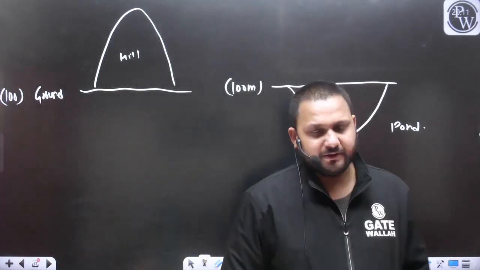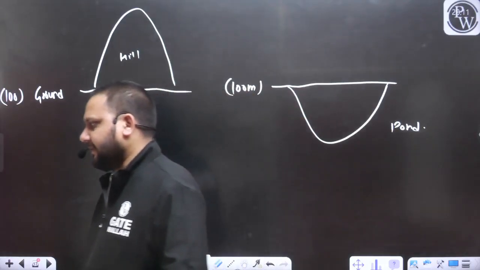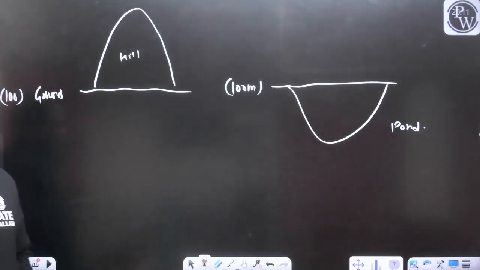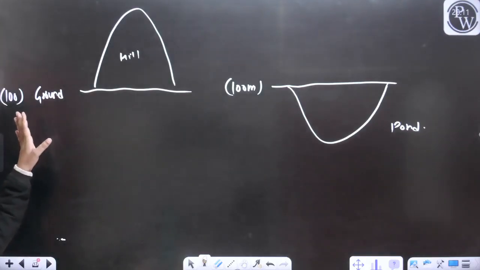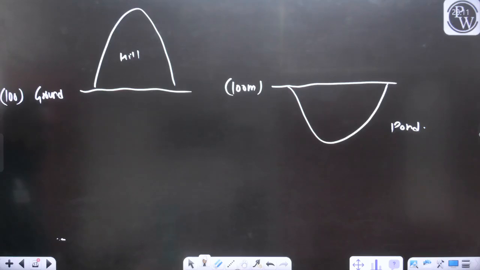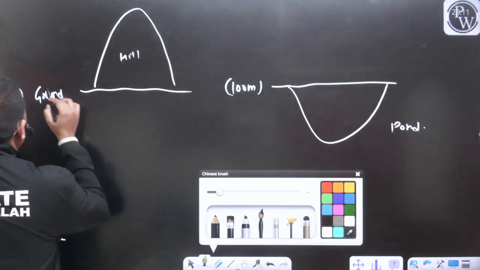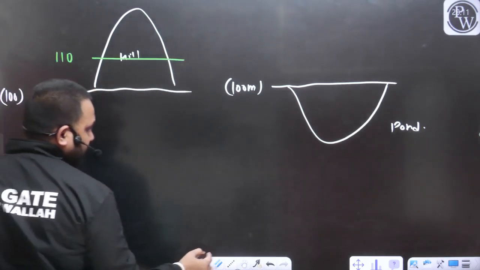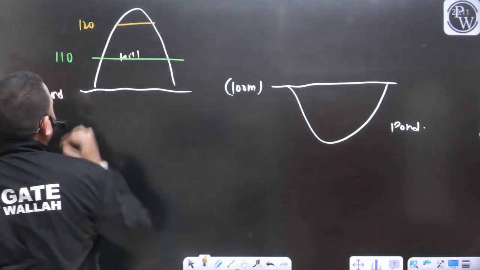Whenever I use the term RL, I am measuring the vertical distance from the mean sea level. Let's say this is the ground level and the RL is 100 meters. Let's say I am considering a contour interval of 10 meters. So this is going to be the contour of 110 and this is going to be the contour of 120. Yes or no?